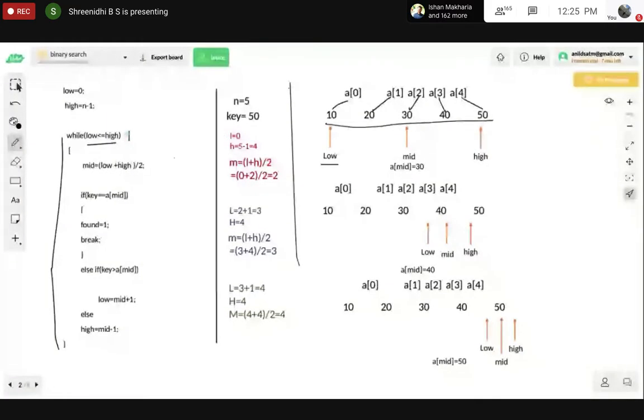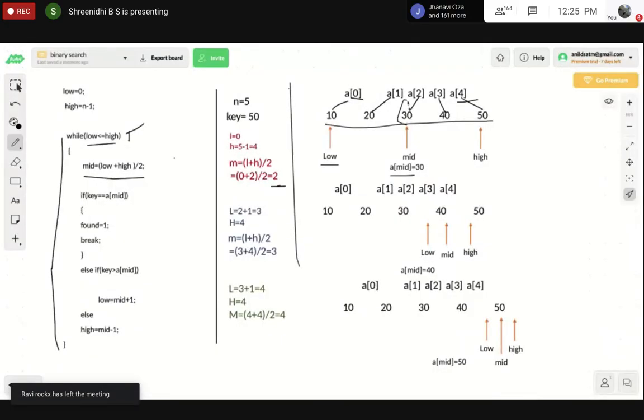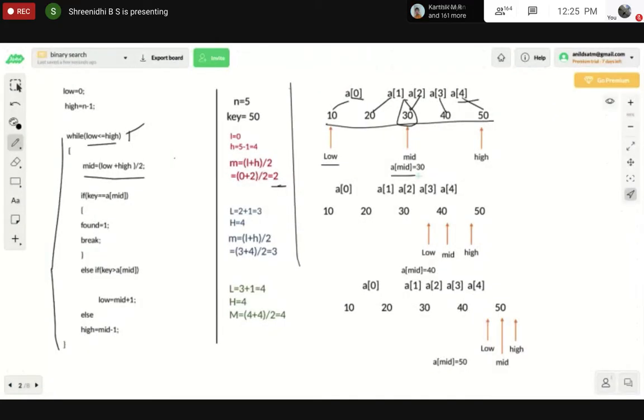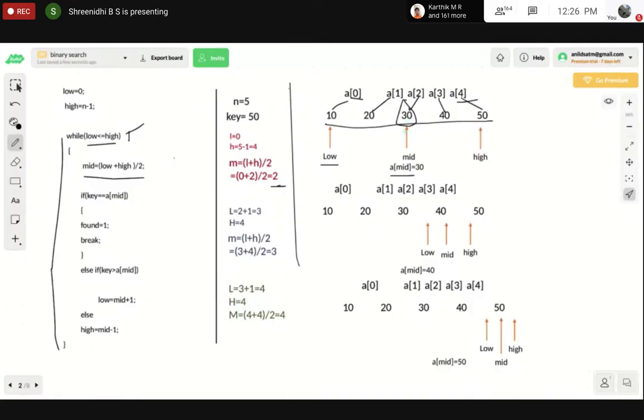Here I have written if, else if later. So firstly I will be calculating your mid element. How will you calculate a mid element, anyone? I will be adding the last and the first position divided by 2. That's 0 plus 4 divided by 2. So mid index will be 2. That's a of mid, and a of mid will be 30. Your low, high and mid will be the indexes. So low is the 0 index, high is the 4th index.